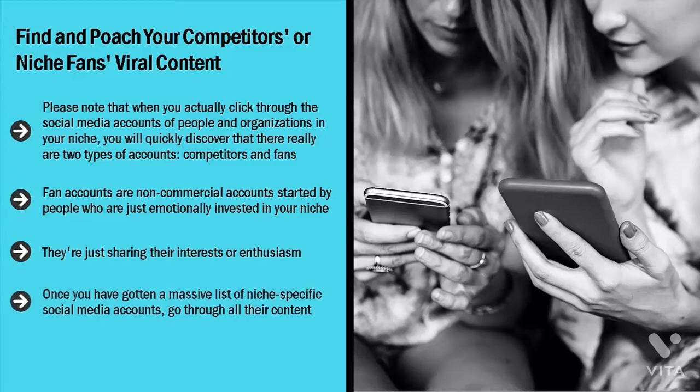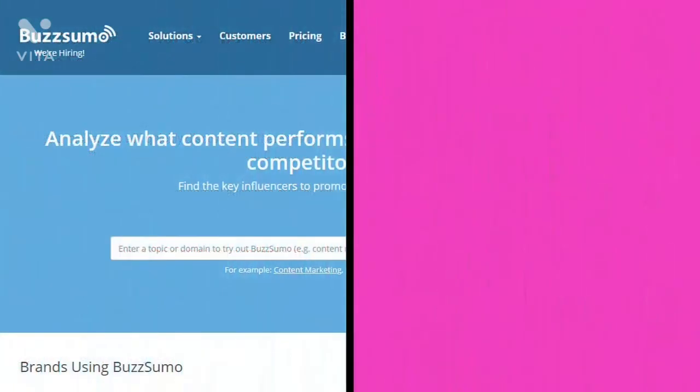These are fan accounts. You need to gather a big list of these as well. Once you have gotten a massive list of niche-specific social media accounts, go through all their content. Take a look at how many times their content has been reshared or retweeted. Pay attention to pictures, videos, interesting links, picture quotes, or any other type of media. As you can probably tell, this process is not easy. You have to know what you're doing. You have to know what to look for. You also have to have a lot of time. Doing things by hand can burn up a lot of time. The shortcut,